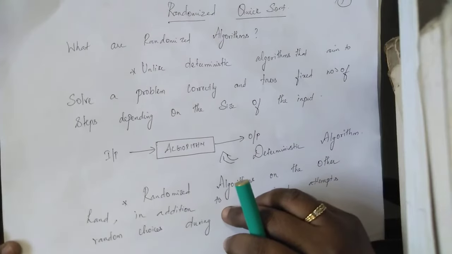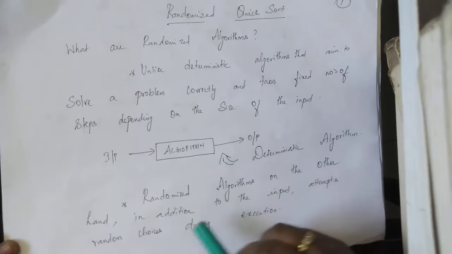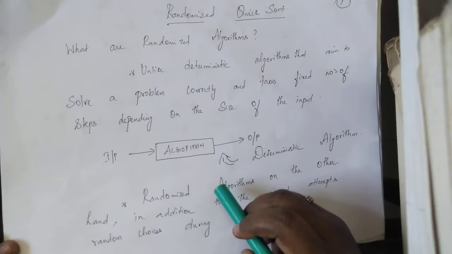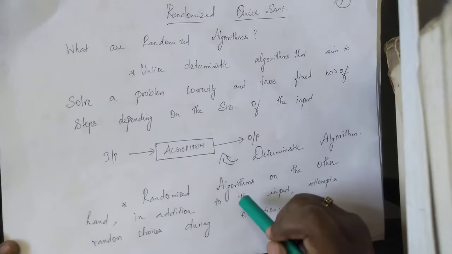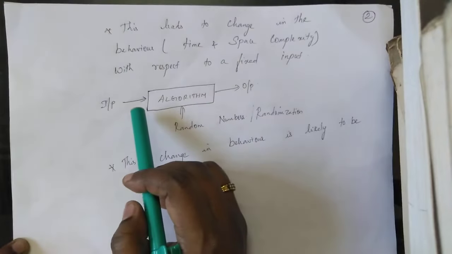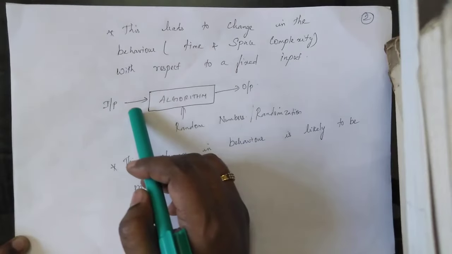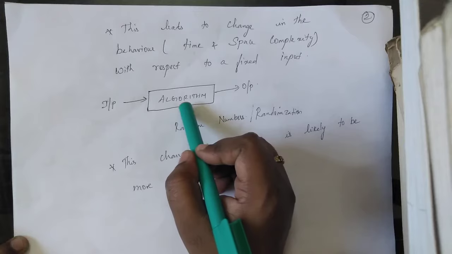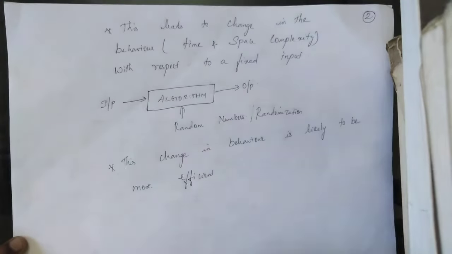But on the other hand, unlike deterministic algorithms, randomized algorithms, in addition to the input, take random choices during the execution. That's how they differ. When we are given the input, the algorithm will remain the same. The only thing is that we will make some random choices over the input, and then we will achieve the